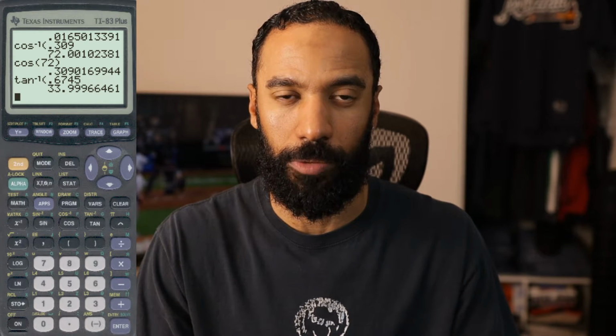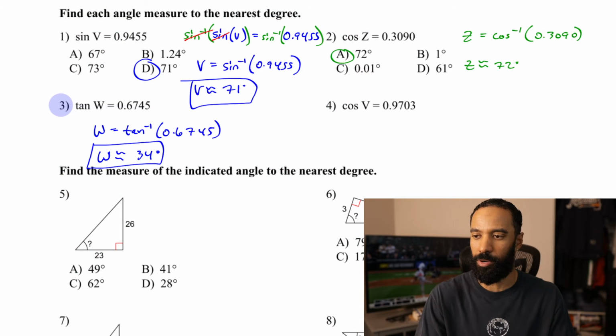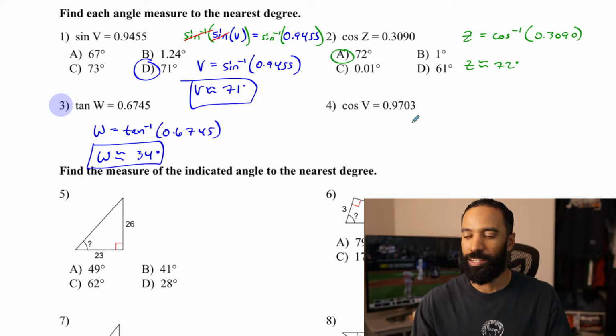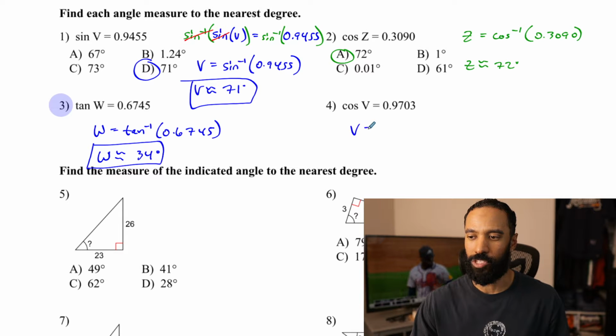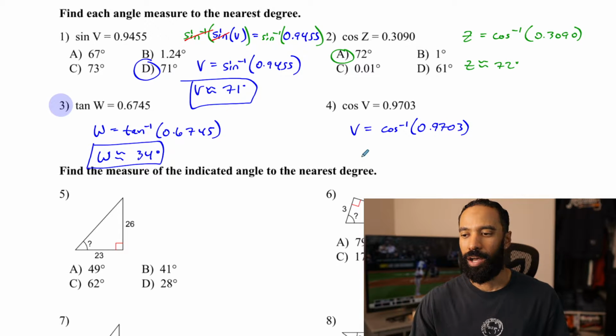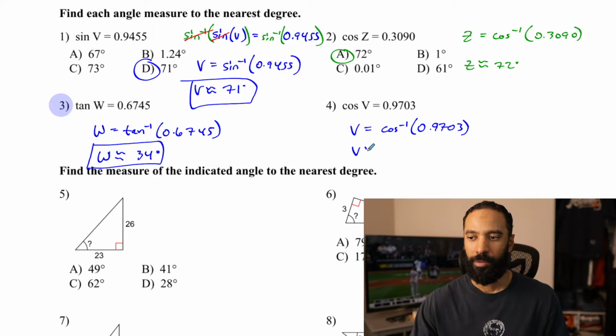Here on out, unless I want to show something in particular, I'm probably not going to show you my calculator, so just go ahead and be ready for that. Cosine of v is 0.9703. This time v is going to be the inverse cosine of 0.9703. If you were to predict certain answers of these types, it should be a smaller angle this time, because